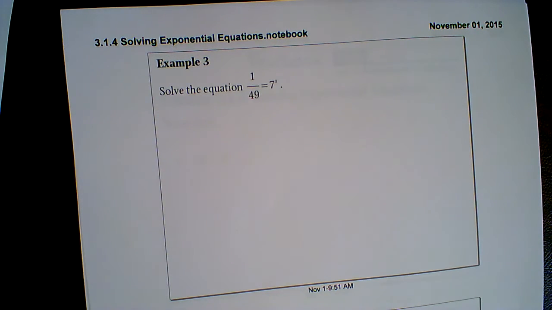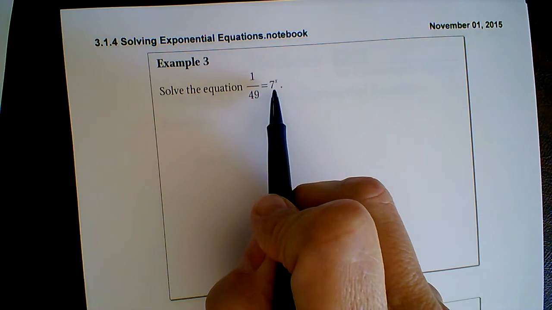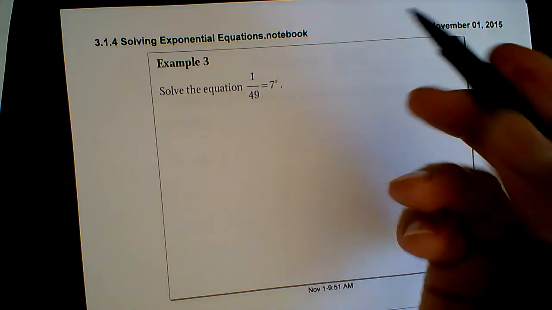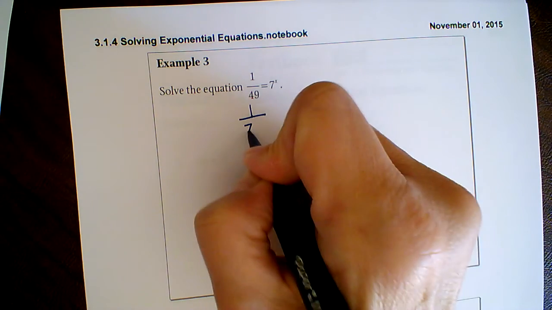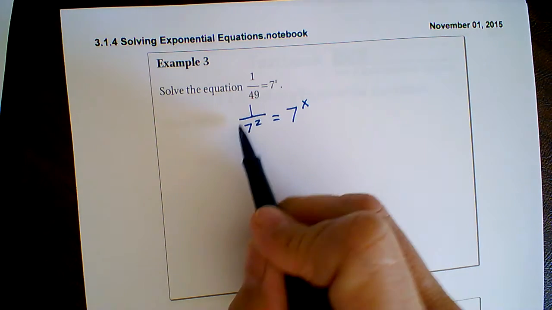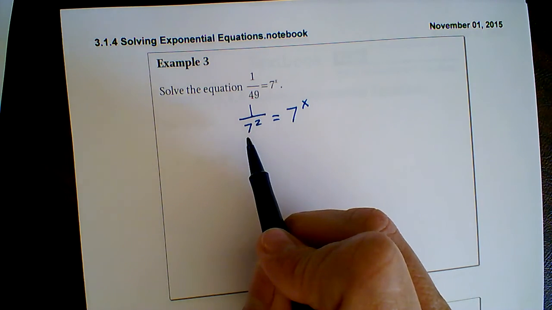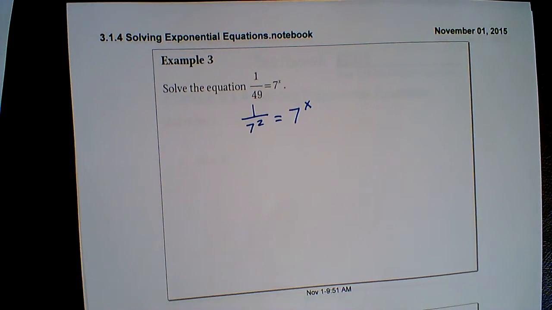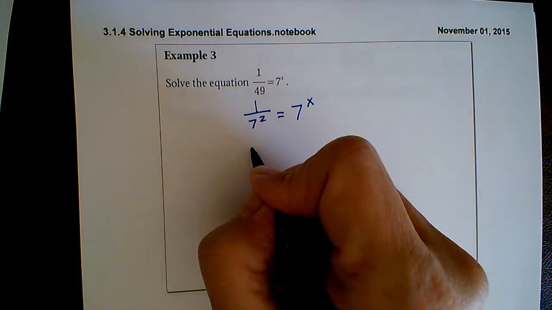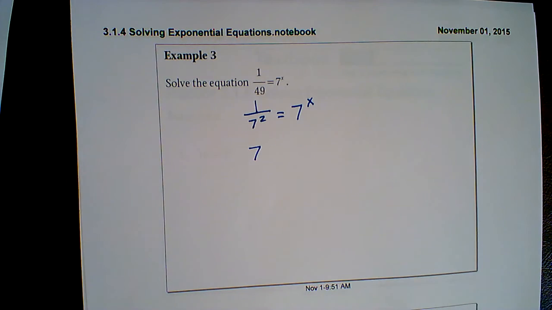Example 3. I have a base of 7 here. I need to turn 49 into a number that has a base of 7. Well, I know that 7 squared equals 49, 7 to the x. And again, I have my power in my denominator. It has a positive exponent. If I want to write this so that I have 7 as my base,